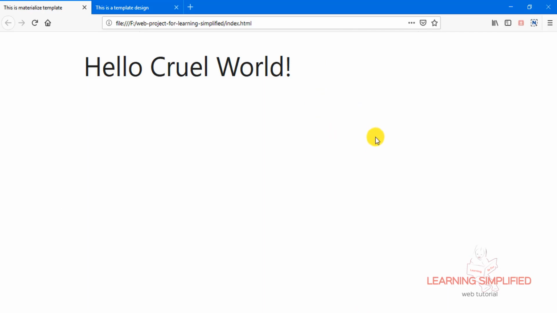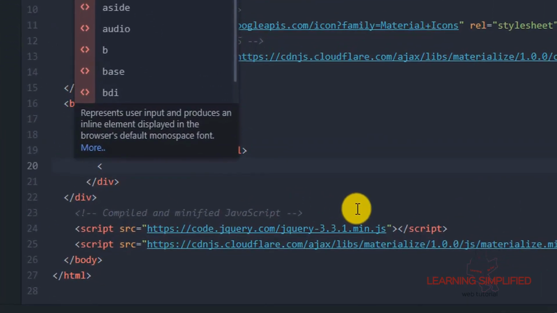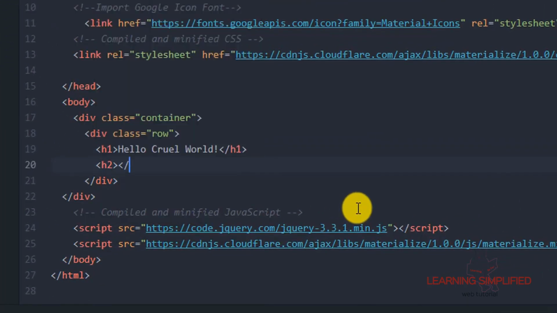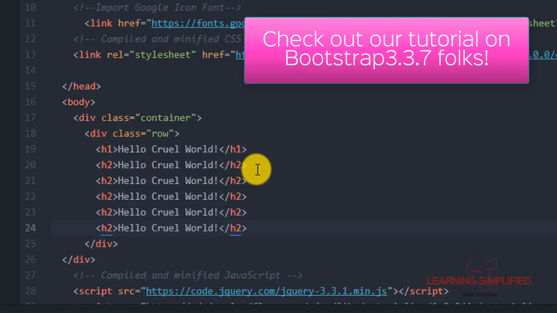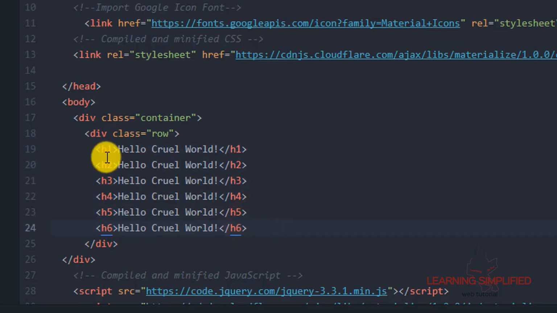In the next case, we will be learning about Materialize typography. Now in this segment, if we get back to our project, this is the Materialize typography, and you can see that we have already provided a single tag over here, which is h1. In a similar fashion, we put here h2, and so on. We have provided all those h1 to h6 header tags that we learned in our HTML tutorials.